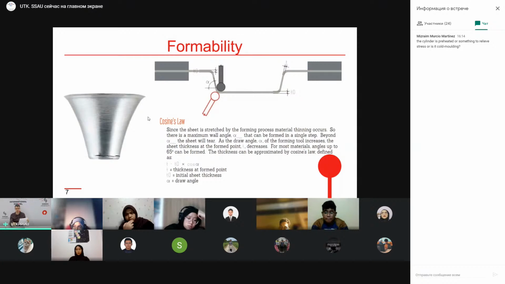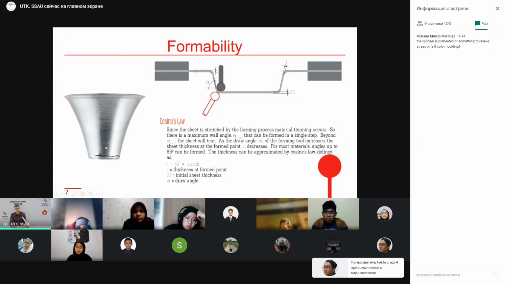As you can see from the slide, the thickness of the sheet will decrease. The sheet, when we form it incrementally, will undergo thinning. It will be thinner and thinner, and at some point, the thickness will be very, very small. Like here, the thickness will be very small, and the thickness will not be enough